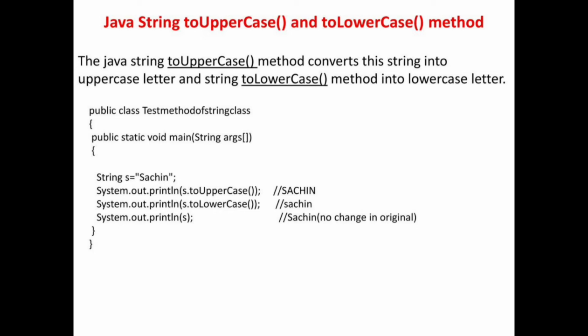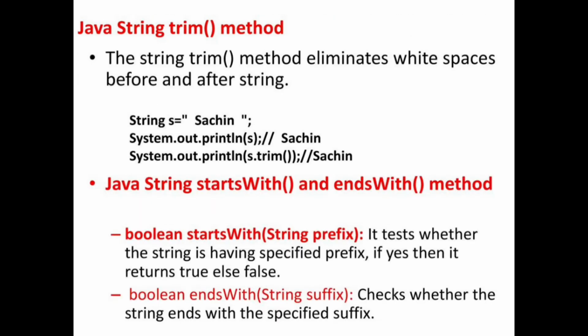Here I am showing one example. Here, declaring the string s is equal to Sachin, with S capital, and the output statement writes s dot toUpperCase, then it displays SACHIN in uppercase, as shown in the comment line. And next, the output statement to convert it into lowercase: s dot toLowerCase, without space, with L capital and C capital, open close braces, and this displays sachin in small letters. And another output statement is, whatever we declare the string, it displays as usual. Just write the output statement s, then s is a capital, no change in the original.